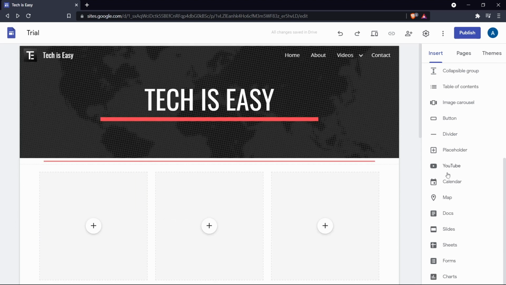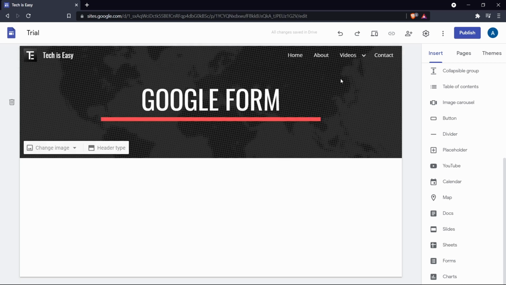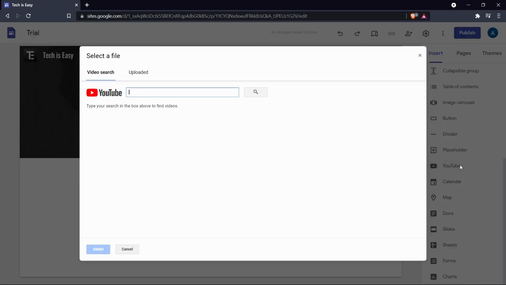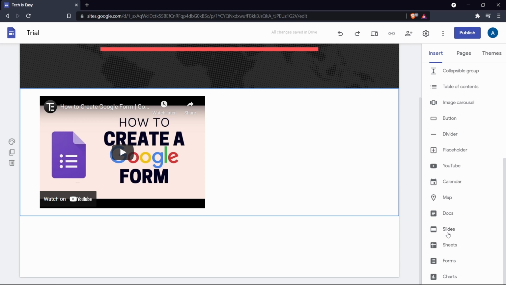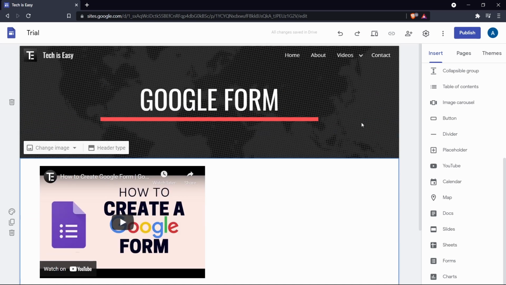After that, you have an option called YouTube. So you can just embed videos from here. So I can add this to, say, the Google Forms page. So I've gone there. Then if I click on YouTube, I can type any video which I want, and now I've selected it. So now if I want someone to see the video, they won't have to go to YouTube. They can just see it on my site. Then the same way, you have many other options, but one which I like is forms. So this is really helpful for a contact page.